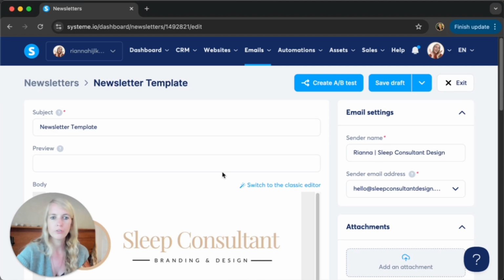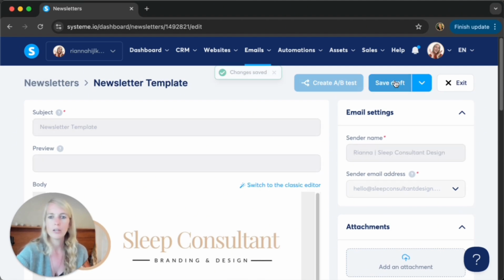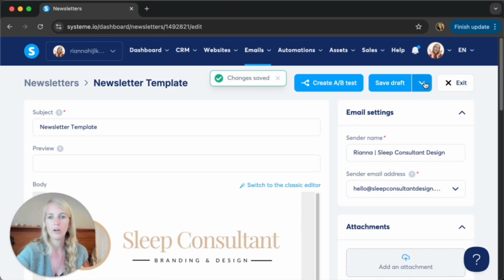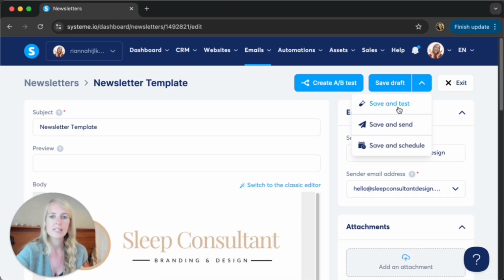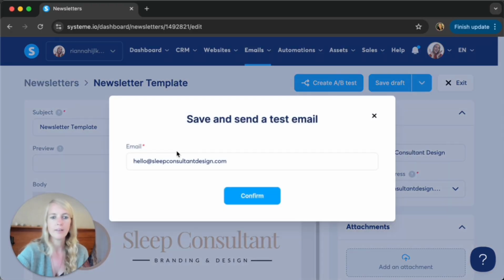Okay, once you've set all of this up, what we're going to do then is save draft. You want to make sure that it's saved. Yes, okay. Then the next step is we're going to save and test. So we click on save and test, and now you're going to see this is my email address. You want to put your email address here,